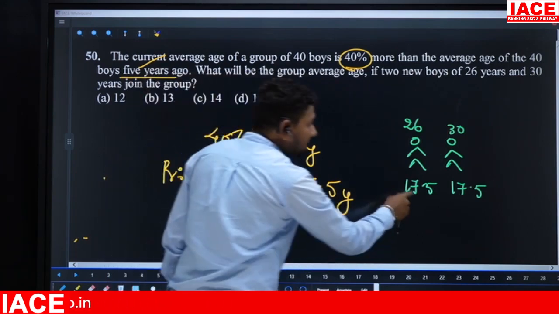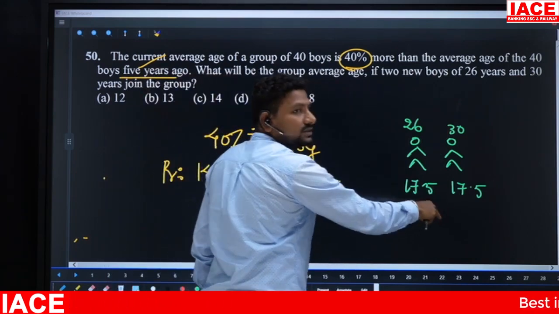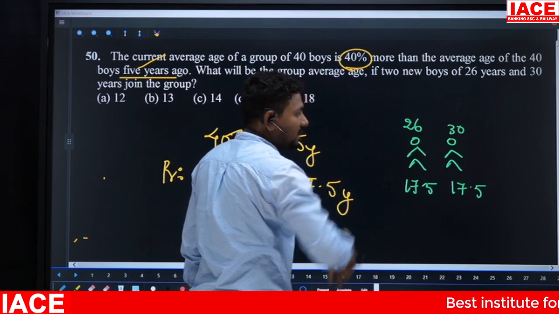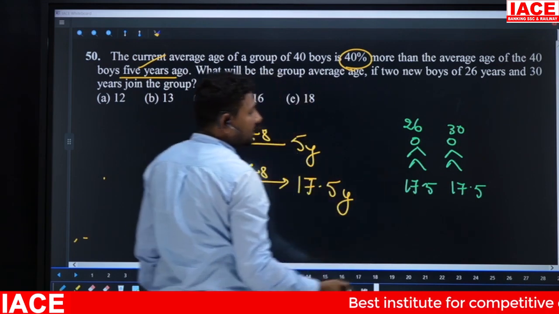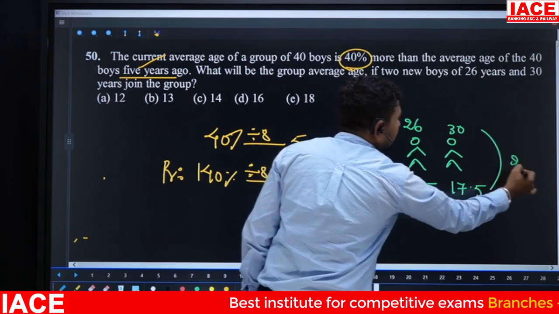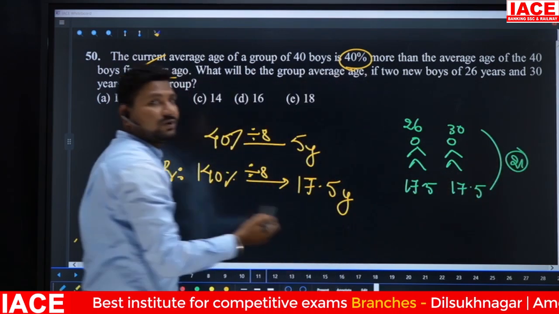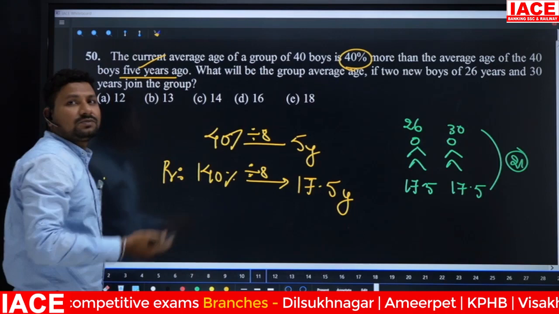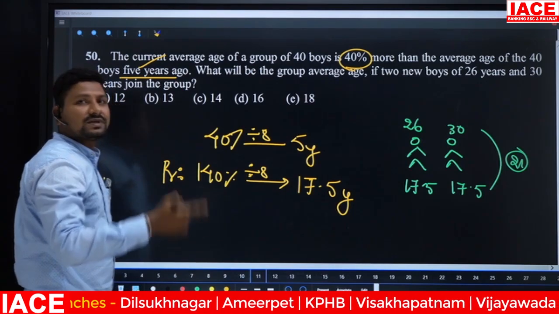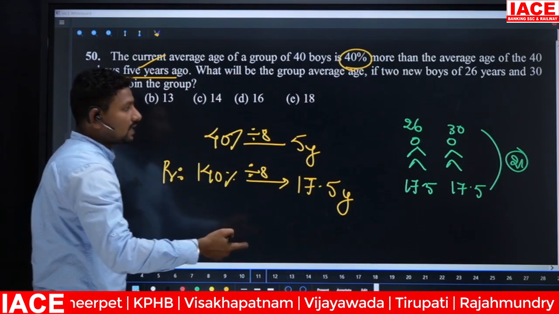From 56, 17.5 for the first person and 17.5 for the second person are kept there itself. That means 35 will be kept there. Remaining value should be 21. This 21 will be distributed to every person, because we are distributing in the average case. In the average case, each person gets the 21 extra, for 42 members.